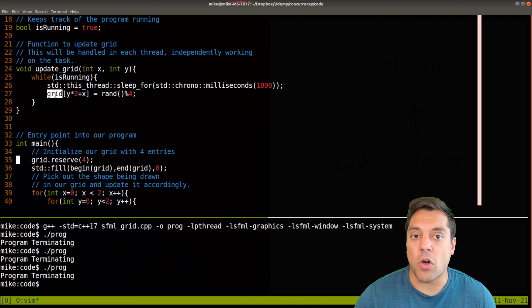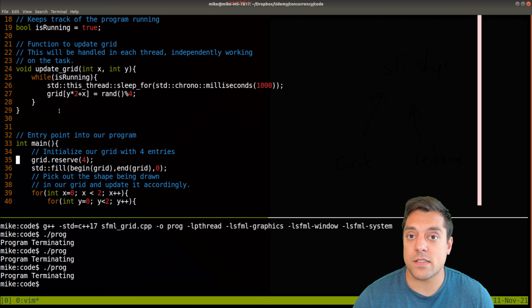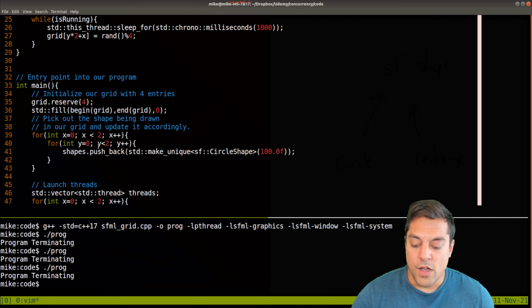Now, maybe for this small toy example, it doesn't matter as much, but what I'm demonstrating is you don't need locks if you're always going to be accessing a unique value. So that's the idea with upgrade grid. Okay, so